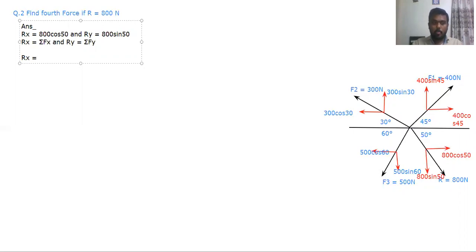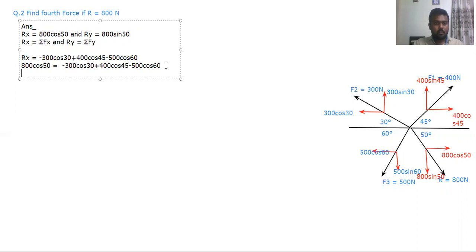So here we can write Rx is equal to, this force will start from here, minus 300 cos 30, then plus 400 cos 45. Correct? Then this force, minus 500 cos 60. Correct? Now this Rx, what is the Rx? Rx is nothing but 800 cos 50, is equal to this complete set of forces. So after doing the calculation here, we'll get,